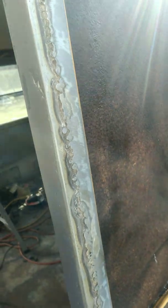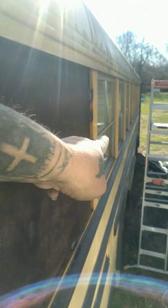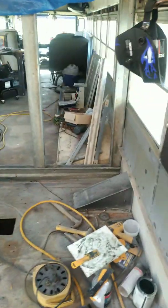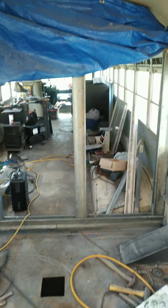I got this all wire wheeled. I have to clean it up. I got a little bit of dust down here. But I got the windows all the way up to where that ladder's at, all scraped, all the silicone. So I got 1, 2, 3, 4 windows on this side. It's ready for sealant. I'm gonna take a tube of it inside the house and read before paint or after